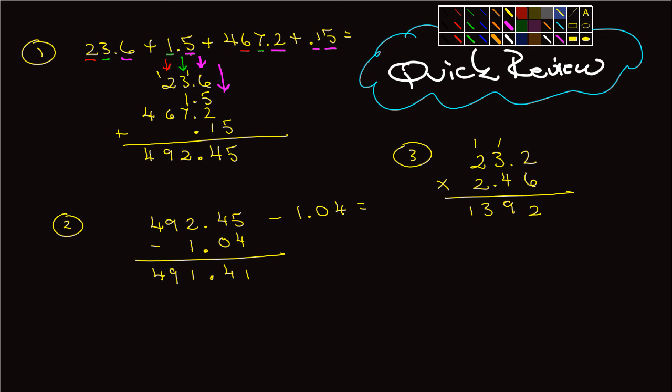Now remember, when you're multiplying numbers, each time you drop a line, you move in 1. So I'm going to move in 1. The first number that I write down is not going to be underneath the 2. It's going to be underneath the 9, because I'm no longer multiplying this number up top by the hundredths place. I'm now multiplying it by the